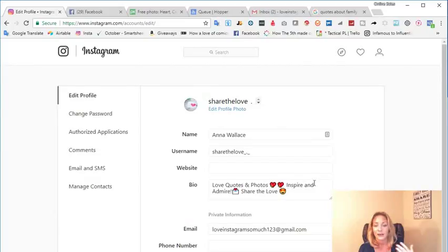Okay, so I did that, and then inspire, use emojis. You want it to kind of draw attention to who you are. You're identifying that niche. And then also, this section is also where you will put your